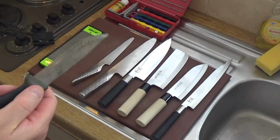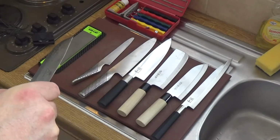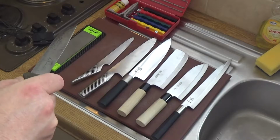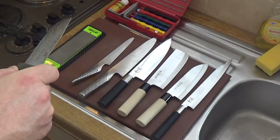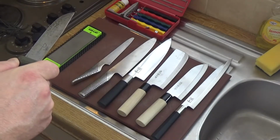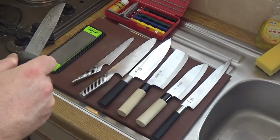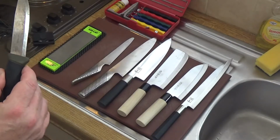We call that a Scandi grind, a Scandinavian grind. And that is where the blade is flat for most of the surface of the blade, and then along the last about a fifth of the blade you get a taper which goes direct to the edge, so there's no third bevel on that. It's just that long taper to the edge, and coupled with this excellent steel that this knife is made of,